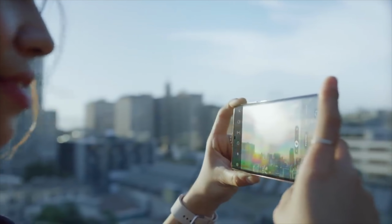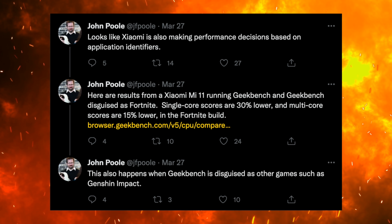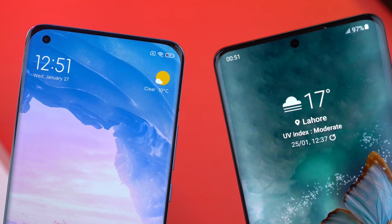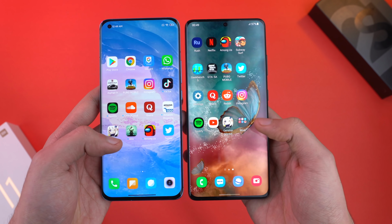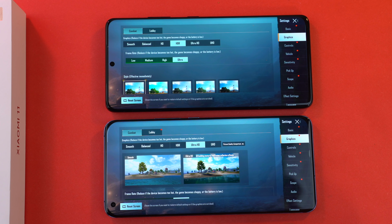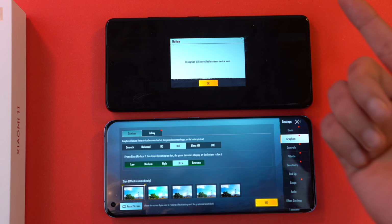Also in the news, Xiaomi has been caught doing the same stuff as Samsung. Yes, according to the tweet from the Geekbench co-founder, Xiaomi Mi 11 throttles and slows down the CPU when you launch games like Genshin Impact, but when you launch benchmark applications like Geekbench 5, the performance goes back to the normal state. Further investigation is currently going on, and if this is actually true, then they could get banned just